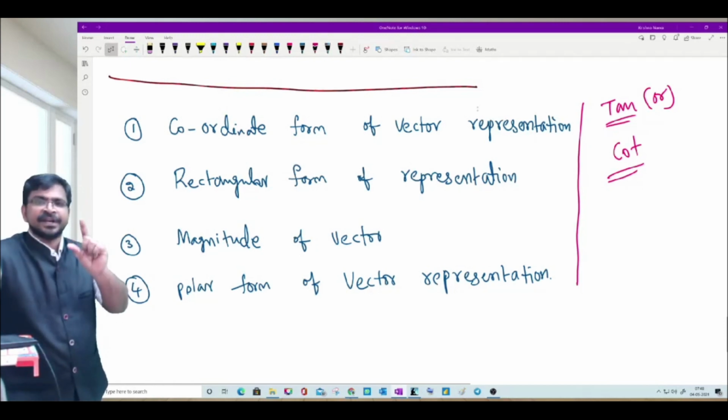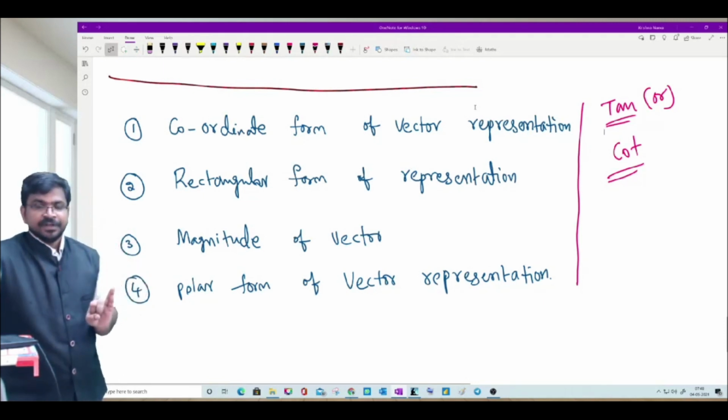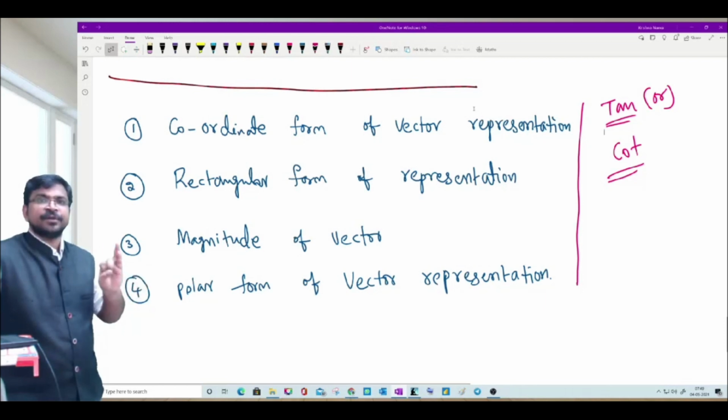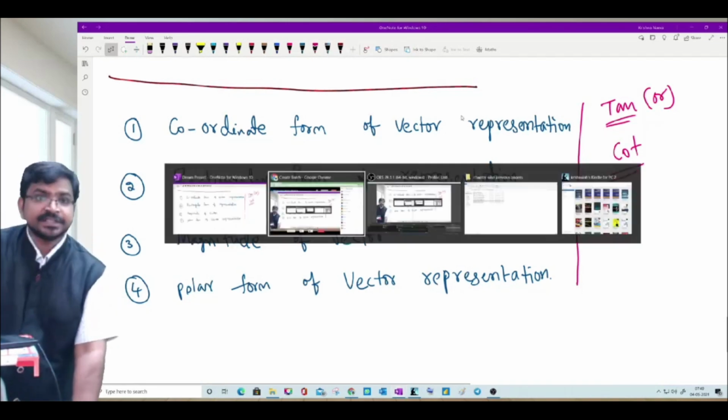Today I will send you synopsis notes to take a printout, and also a worksheet. Those who have a printer facility, you can take a printout and keep it with you. This is the second day of the four-day class. Third and fourth days we will discuss vector addition and subtraction. And the fifth day we will, yeah, somebody gave a hand raise request.